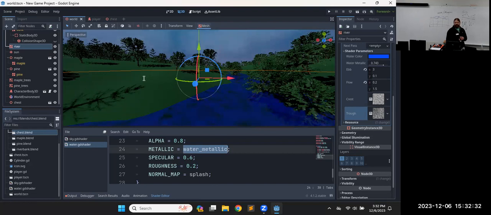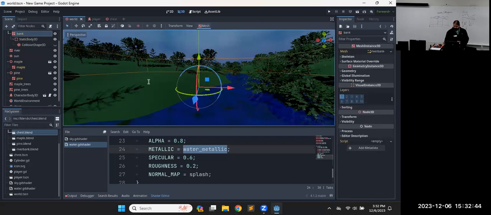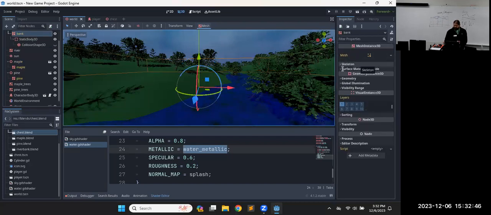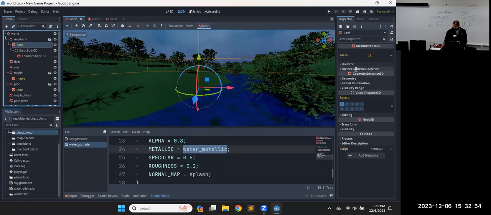Right. Over here on this grass, we used a blender color, but what if we did that without any movement on the grass? That would look a lot better on that grass material, right? So to do that, let me click on this riverbank real quick, because I'm expecting you to do stuff. So if I choose the mesh for the riverbank,